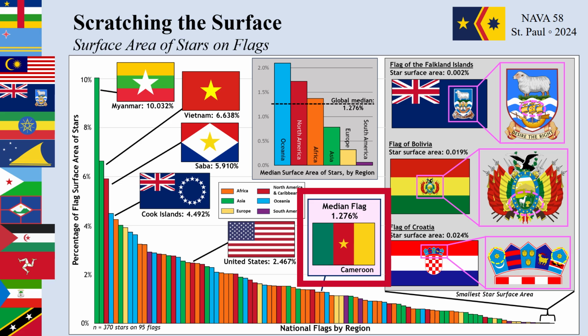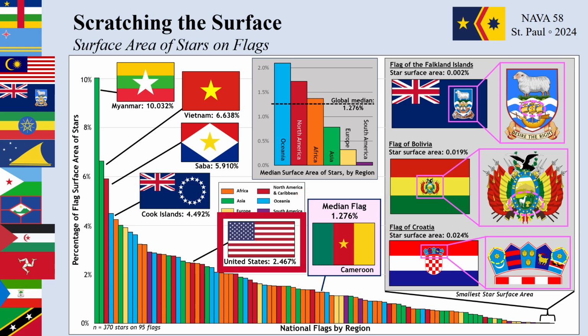The median of this whole data set is the flag of Cameroon. We have the flag of Cameroon over there. You can kind of see the median percent of stars on flags is 1.276%. So that's 50% of all flags have star surface areas greater than that. 50% have them less than that. I will note the flag of the United States, again, has the most stars, but is the 21st highest for surface area at only